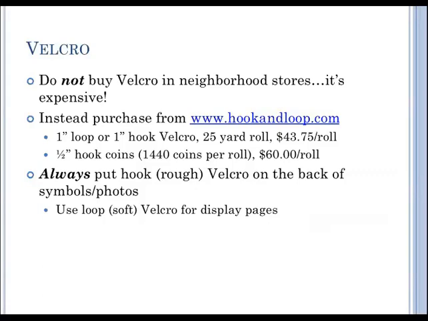Just because the coins, although it costs me a little bit more money, save me a lot of time in cutting pieces of Velcro. So it's worth it to me, the extra almost $20, to buy the coins and not have to spend my time cutting. The Velcro rule is to always put the hook Velcro, the rough Velcro, on the back of symbols